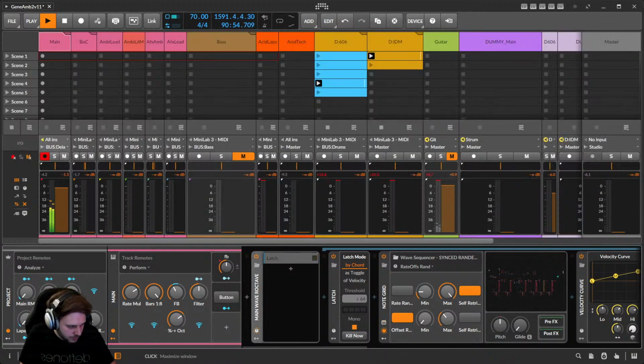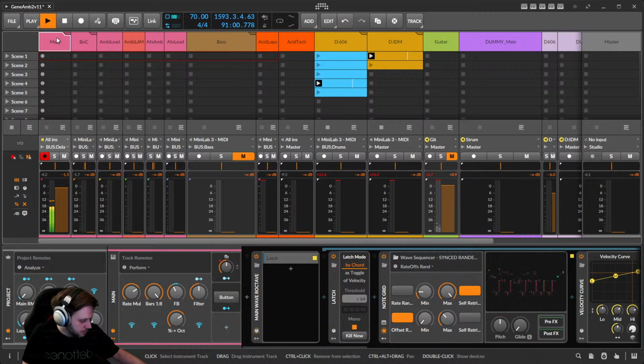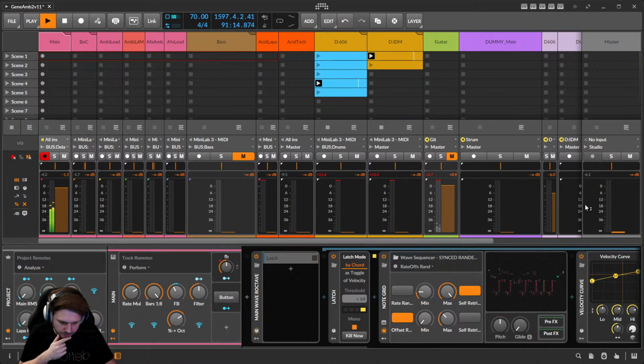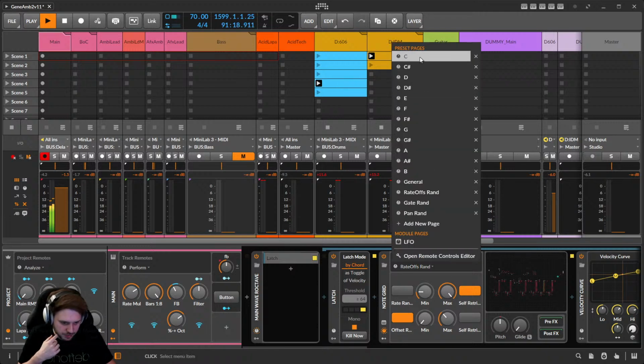What happens here? This main synthesizer. If I play, I'm just gonna play something random. It's gonna latch these notes, and then it goes into this wave sequencer, which I'm gonna now kind of show what it does. In the wave sequencer, for each note in an octave,